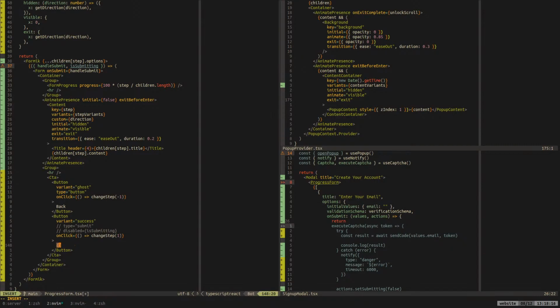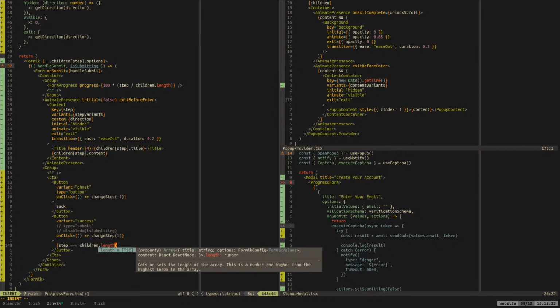Oh, you hear the dinging thing. Okay, it's okay. We only want to say continue if the step is equal to the length of the steps. Basically.